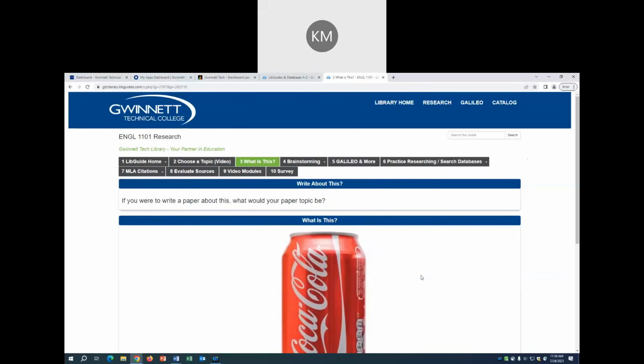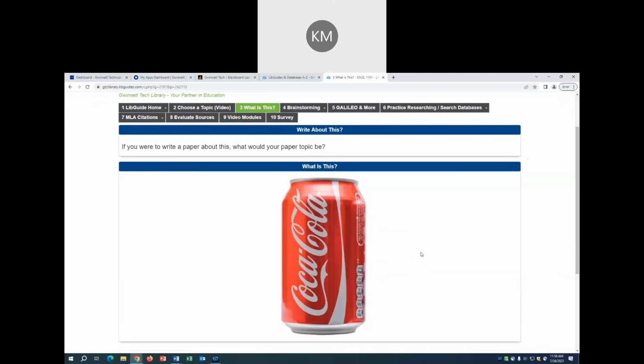Moving on to tab number 3. This is a little brainstorming activity. Now, if you had to write a research paper about this image of a Coca-Cola can, what would you write about? Well, some could write about the nutrition of Coca-Cola,